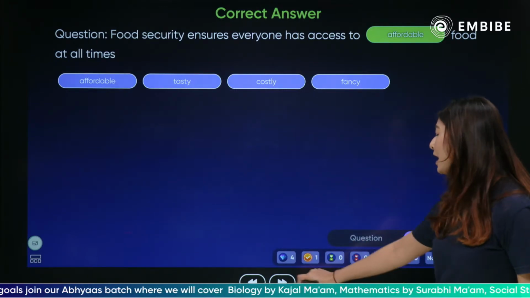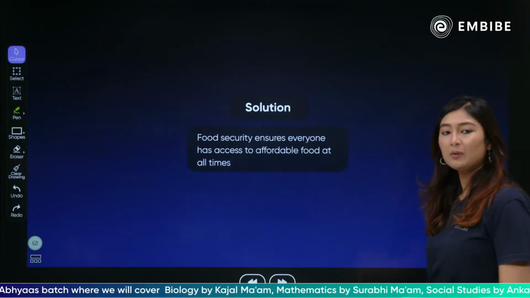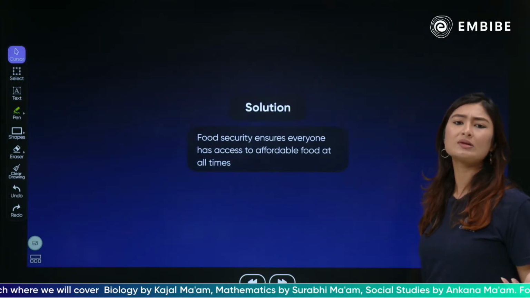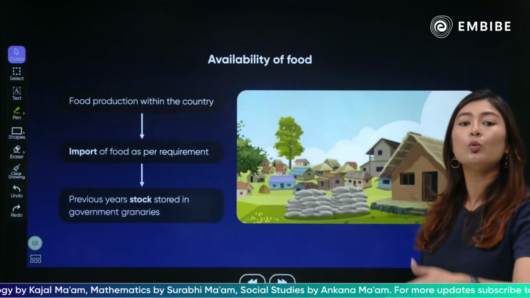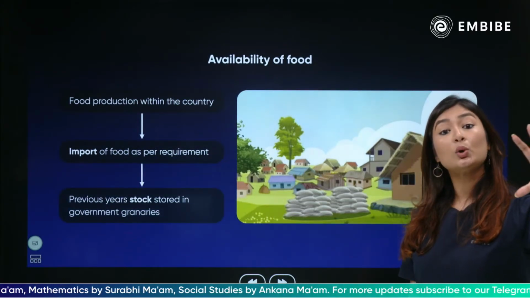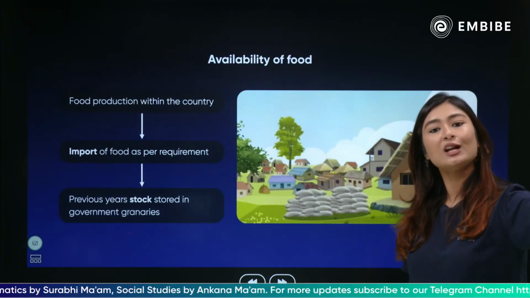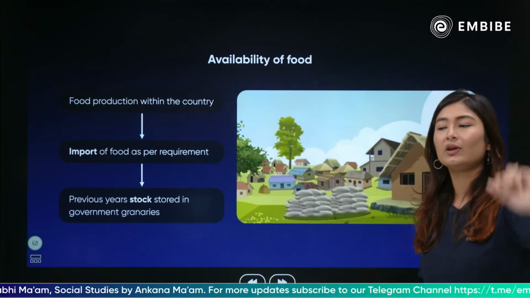ठीक है, granaries क्या होते हैं? यशस्विनी, are you asking that? I will tell you. Granaries are basically storehouses of grains. ठीक है, storehouses of grains को granaries बोलते हैं. That is why UP, Punjab, Haryana are also known as granaries because a lot of cultivation happens here. They're like storehouses of grains.